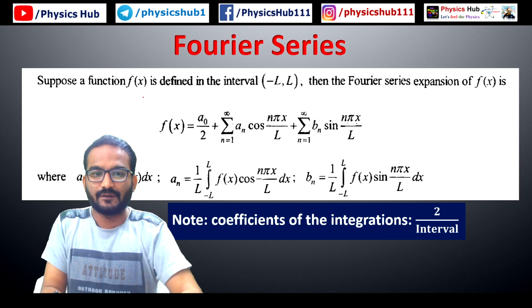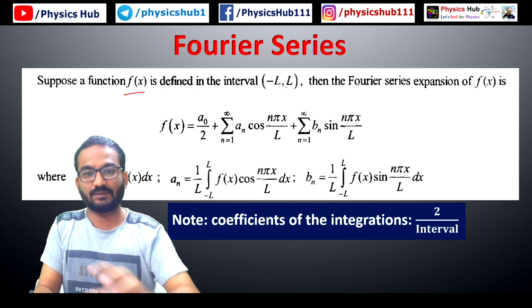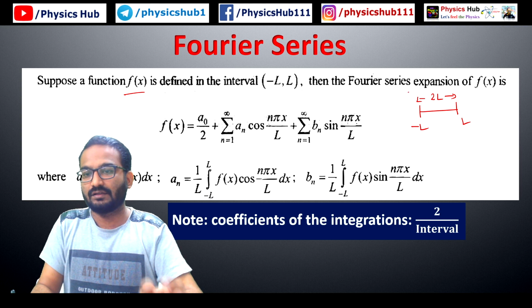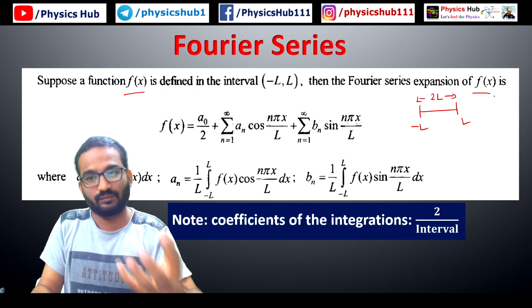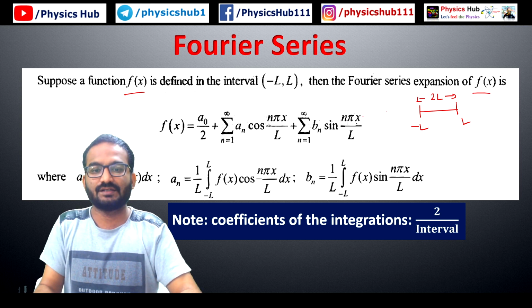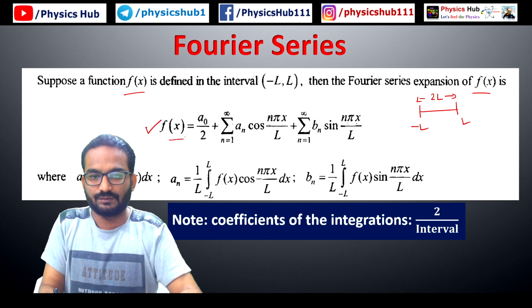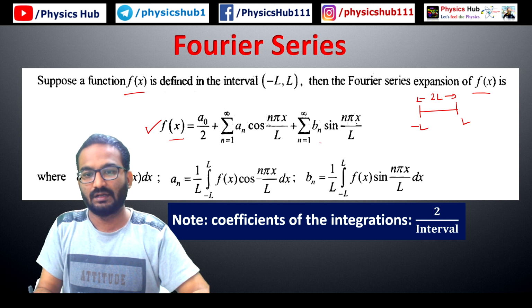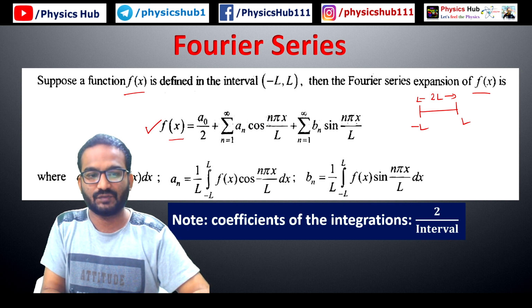So suppose you have a function f of x which is defined in this interval minus L to L. You have to keep in mind this thing, minus L to L. So what is the total interval? Total interval is 2L. Then the Fourier series expansion of f of x, some non-sinusoidal function, is given by this expression: f of x equals a0 by 2 plus the sum from n equals 1 to infinity of an cos n pi x by L, plus the sum from n equals 1 to infinity of bn sin n pi x by L, where a0 equals 1 by